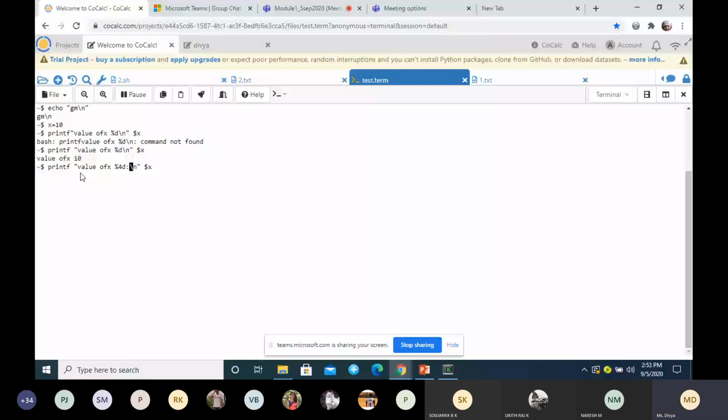Okay, I'm leaving 4 space here. So 4D, for leaving the space. And you can see there is one more difference. I'm not using comma. If you go for a printf statement in C, we were using comma, right? But here you are not supposed to use a comma. If I am using comma, it will show the error.